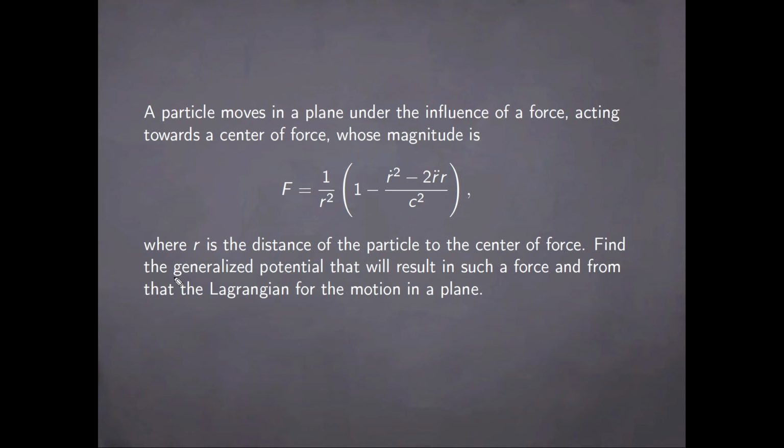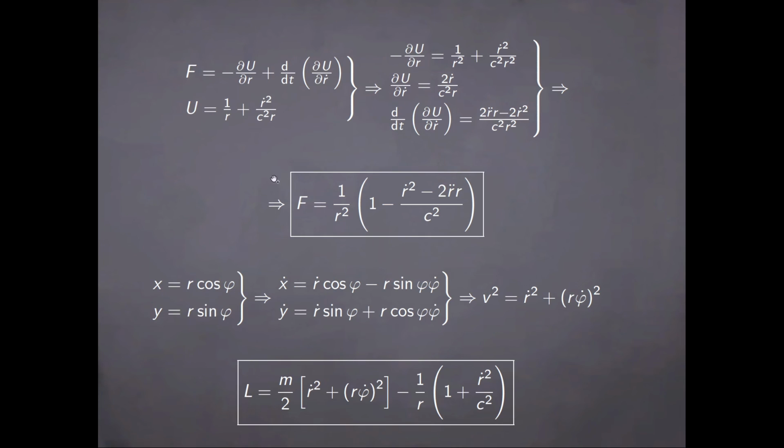We are to find the generalized potential that will result in such a force, and from that the Lagrangian for the motion in the plane. This problem is solved by guesswork. So we know the definition of the force to be the one here, and we can simply try a generalized potential of the form here. So it has a Coulomb component. 1 over r will result in the Coulomb force, and for the second term we can try